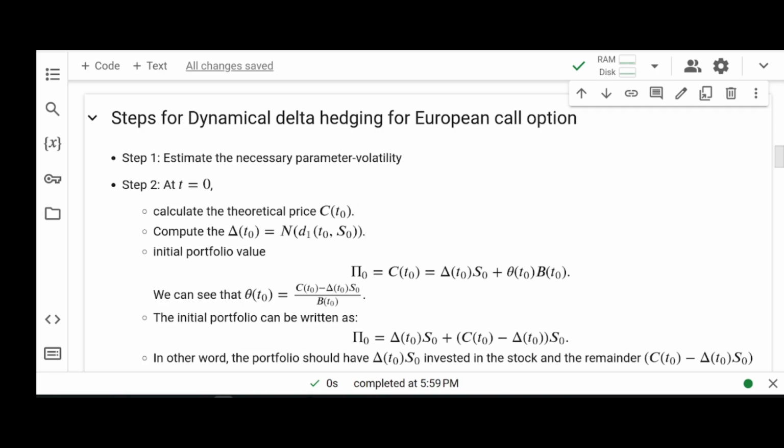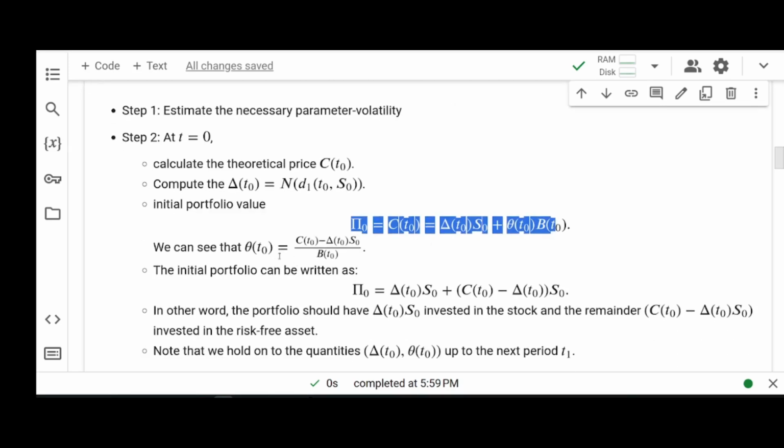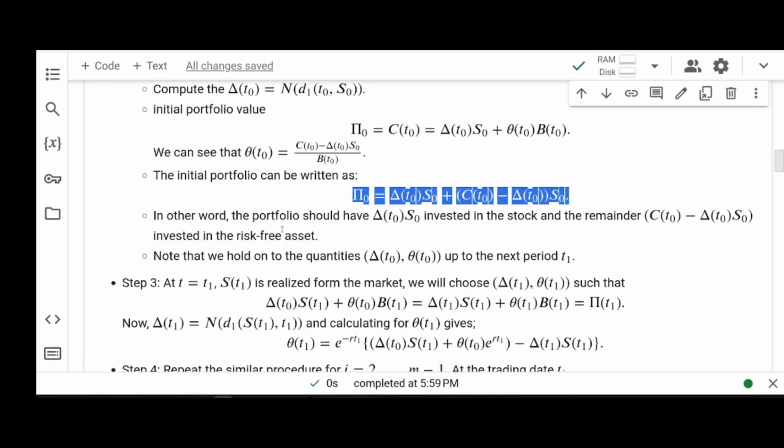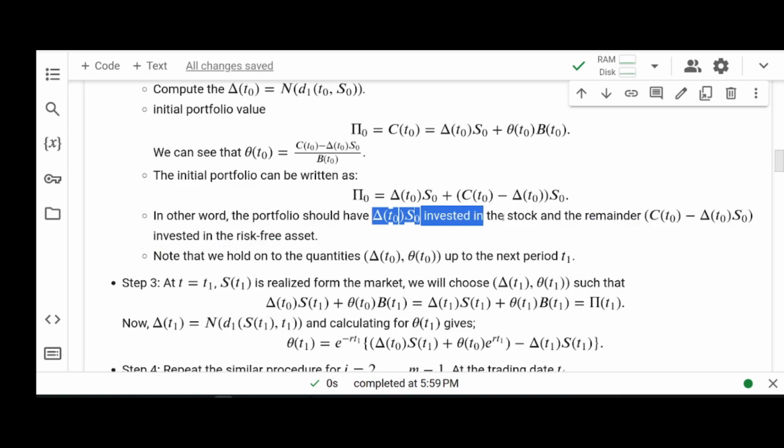Also, we compute our delta. This is the number of positions on the share. Then we set the initial portfolio in this way. We can see that theta, or the position in the risk-free asset, will be given by this amount. Therefore, the initial price is given by this. The initial portfolio is given by this. So in other words, the portfolio should have this amount invested in the stock, and the remaining will be invested